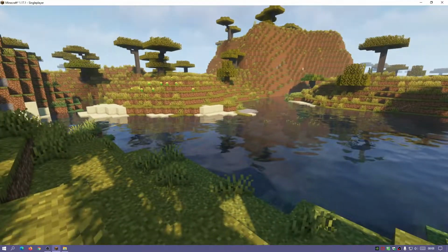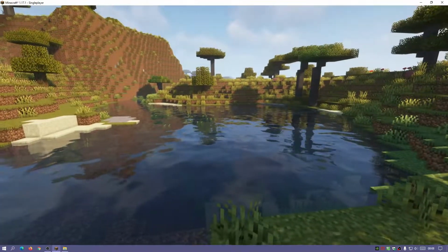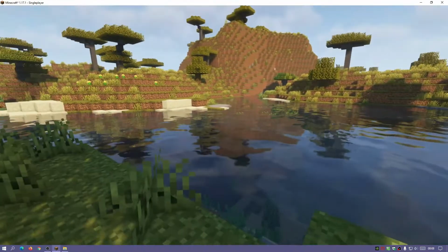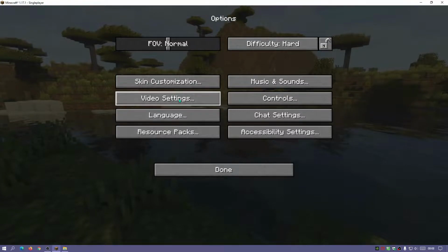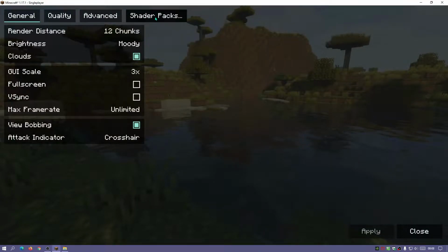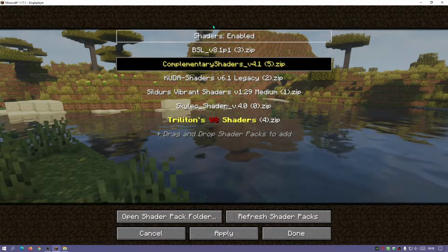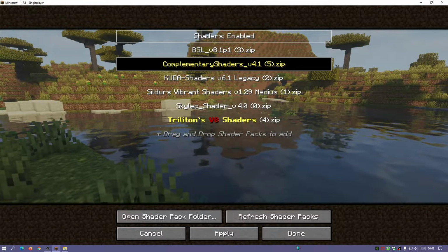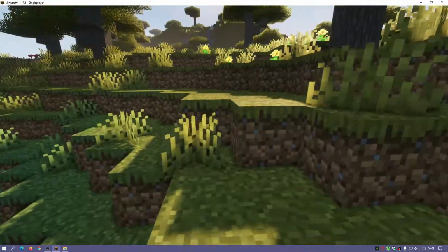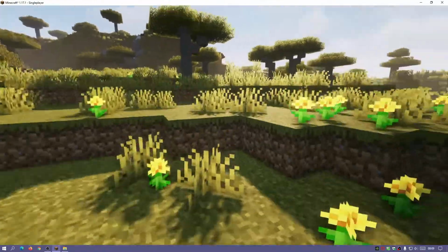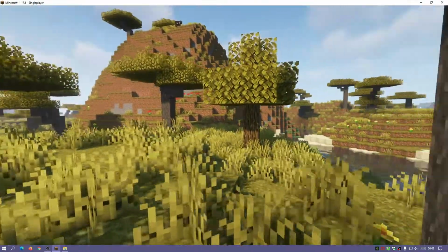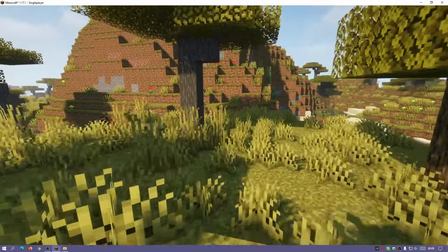So as you guys can see, I do have a set of shaders enabled at the moment, and if I go into my options and go to video settings, I can click on the shader packs menu here, and I can enable and disable any of these shaders. I'm now going to show you guys the top 5 best shaders to use with Iris shaders for Minecraft Java